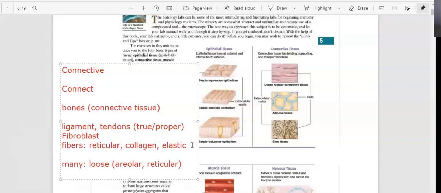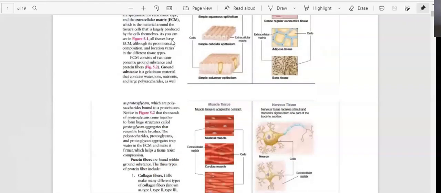Or it will use lots of fibers. If you use lots of fibers, then we're going to call that dense. Now, the dense, if it shows a pattern, we're going to call that regular. And if it doesn't have a pattern, we're going to call that irregular. So if we go back right here to the muscle tissue, then we can say that the cells that are